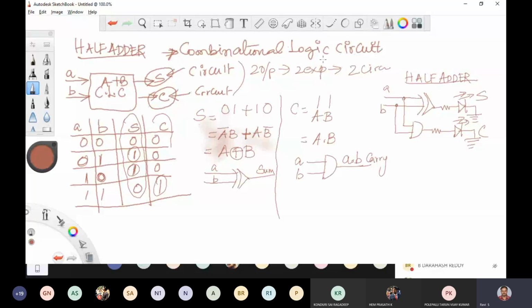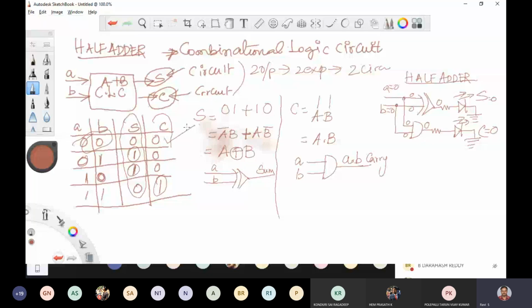Now we'll try to verify how this circuit works. So pass A is equal to 0, B is equal to 0, the first row of inputs, 0, 0. Now XOR takes A is equal to 0, B is equal to 0, and AND also takes A is equal to 0, B is equal to 0. Now both the inputs for XOR are 0, so the logic output is 0. So 0, 0 is the input for AND, and the output is also 0. So the anode is connected to the lower potential, right? So the LED won't glow. So your sum is equal to 0, carry is equal to 0. So the first line of your half adder is verified.